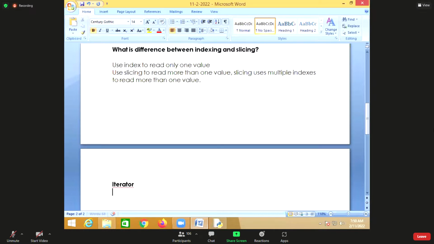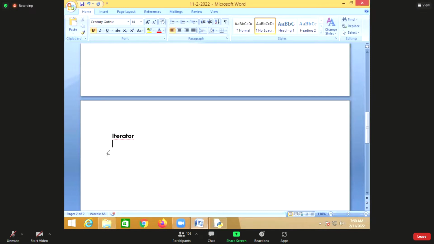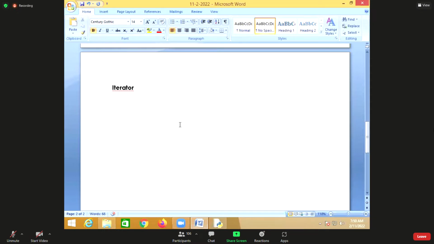You can also read the content of the list or collection using an iterator. We can read the content of any collection using an iterator. So generally iterator is used for non